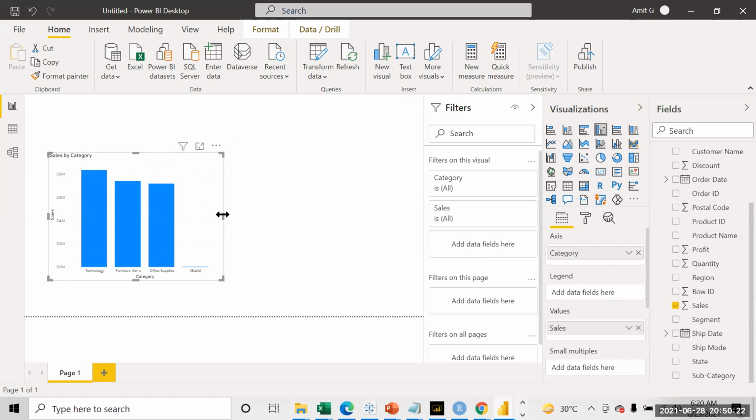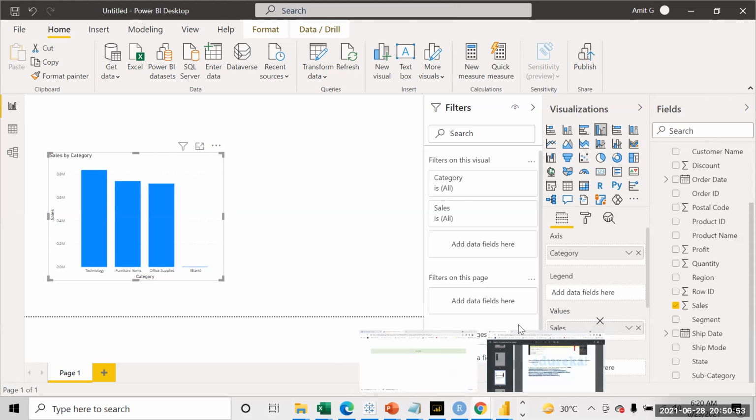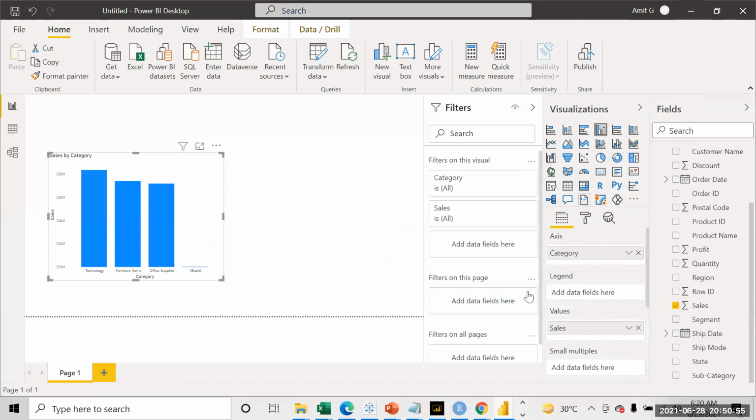Now, when you work with SQL Servers, unlike when you have an Excel file, remember yesterday I asked you to install the data gateway. There are two gateways: one is personal mode and one is standard mode. If you are creating your report with a SQL Server, then you have to use the other type of gateway, that is standard mode. The installation is the same. Nothing much changes in that. So for example, just give me a second.